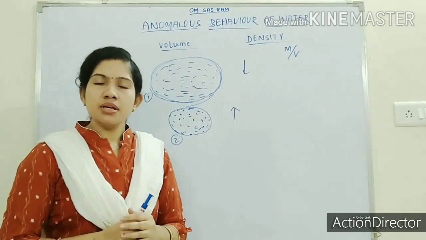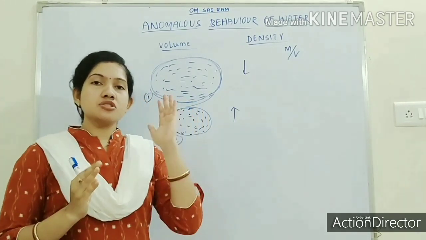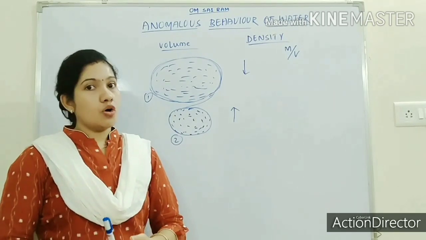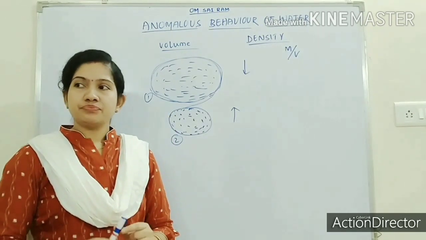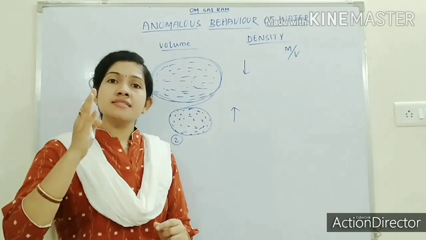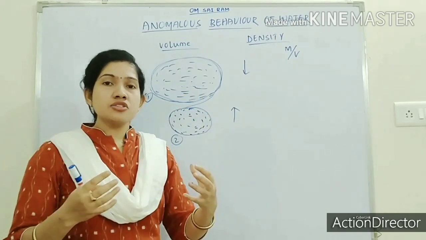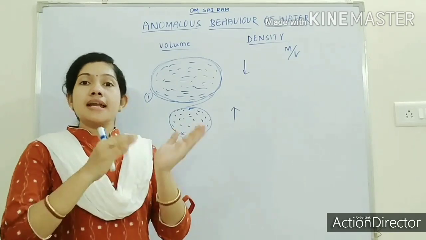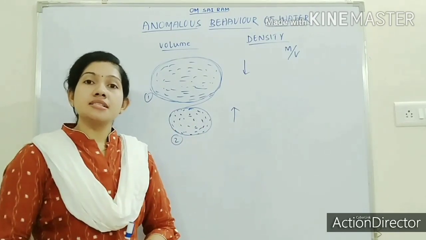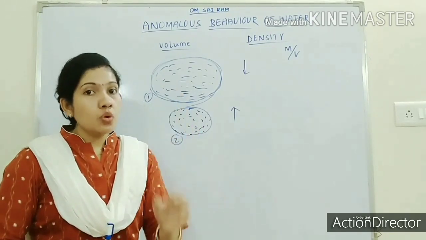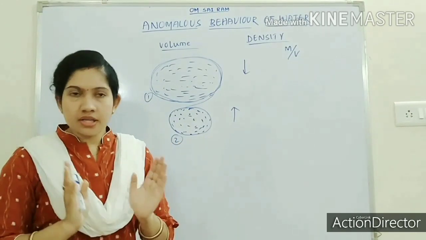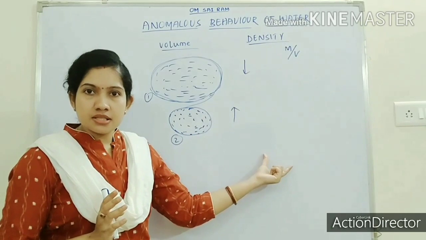So can you tell me, if you compare solid, liquid and gas, which one has more density? Obviously solid, because solids have particles which are very close to each other. Then liquid and then gas. So the density of solid will be more than liquid and then gas. Okay, now got it? What is area and what is density?